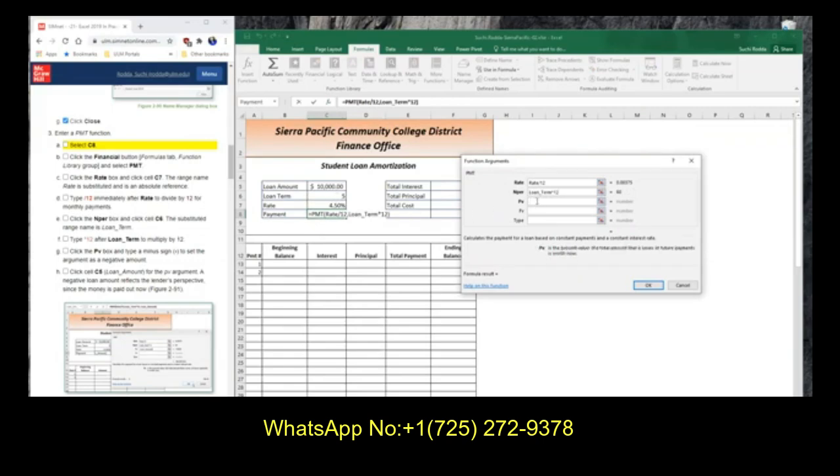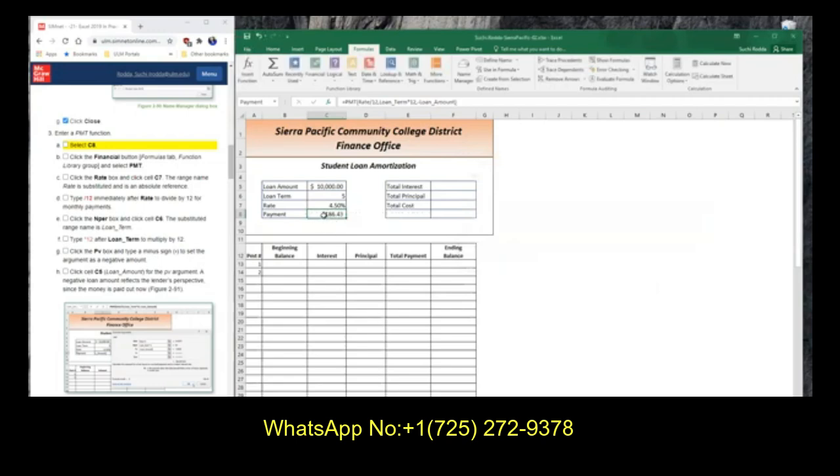And then what is the principal that you're borrowing? That's 10,000. So once you have all these values, it calculates the payment, but this payment is calculated based on the perspective of the person who's borrowing. But if you are the lender and you want to see positive values of payments, you put a negative sign in there and it'll show you the dollar amount of 186.43 that as an end user you are supposed to